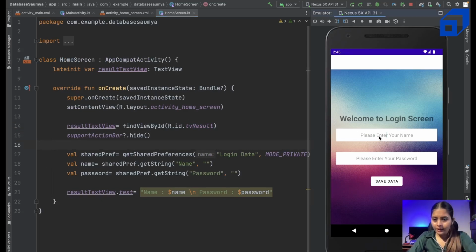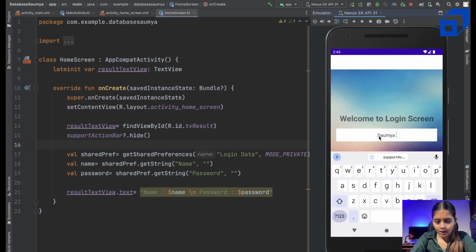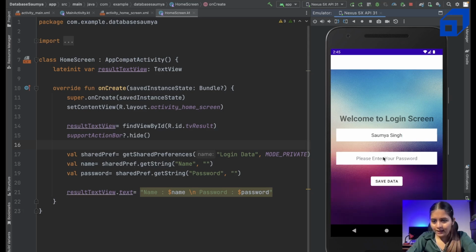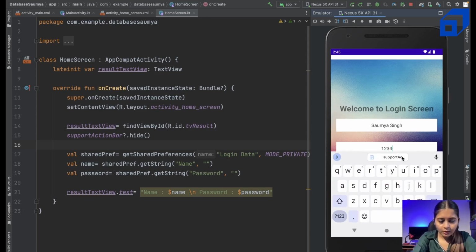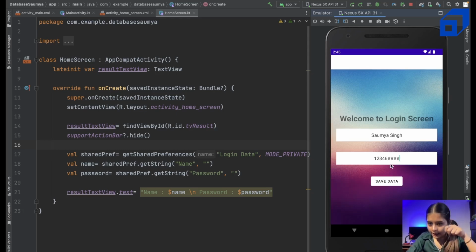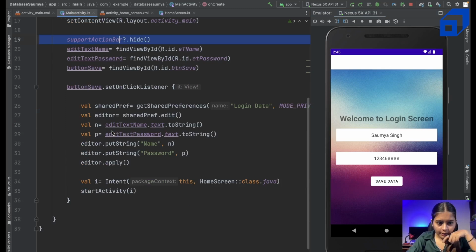So enter your name. My name is Saumya Singh. Okay, and after that I have to enter password. So I'll be entering any number here. Okay, 1 2 3 4 hash, anything. And after that, I'm clicking on the save data button, and if you see the code, on clicking save data